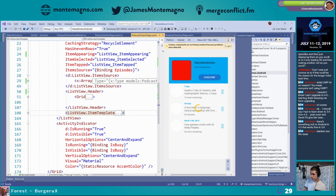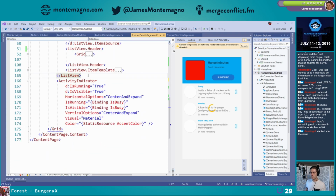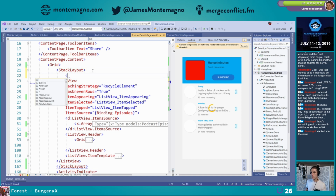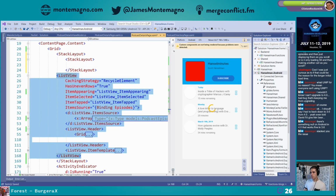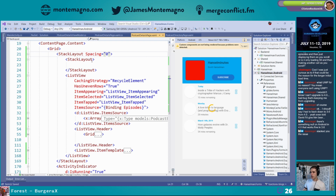All right, cool. So what would we want to do? We'd want to go into this grid. It would sit actually on top, surprisingly, of this list view. So we could do a grid dot. I guess we just do a stack layout inside of it. Because you'd really do something like another one, and you would say spacing probably 0. Then you would do like a